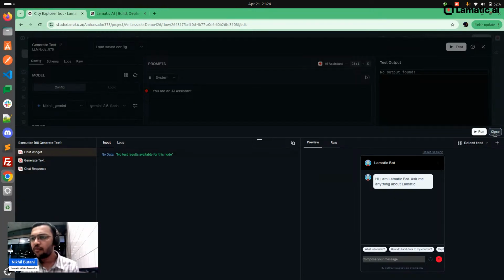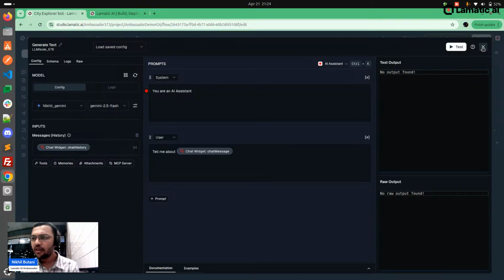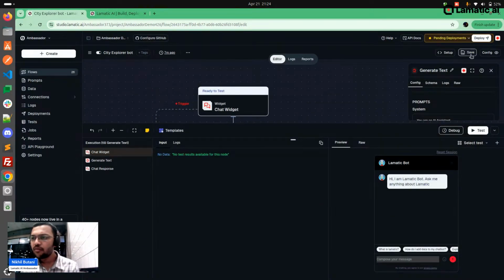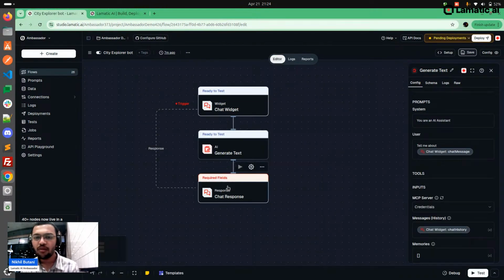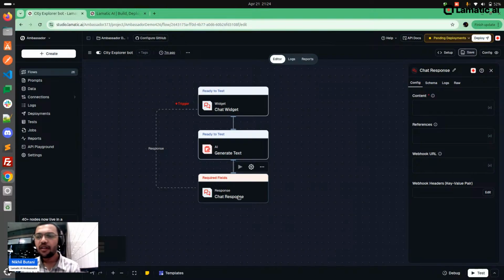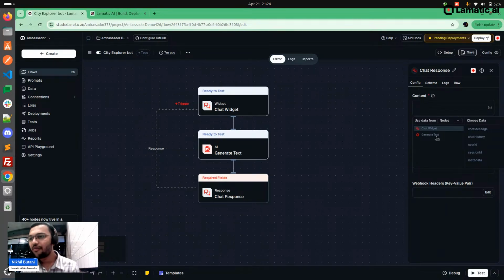Before that I just close it and save it. Okay. Sorry, actually it's not configured, so I want to configure it in the chat response. Whenever I get something after the generated text, so after I enter the input, I will expect the output, right?